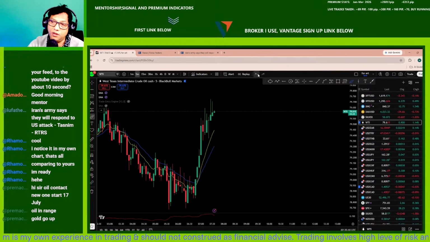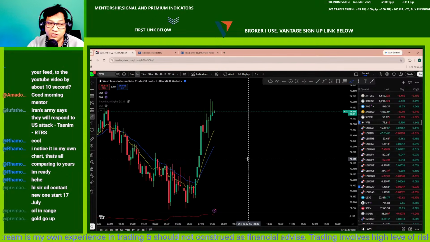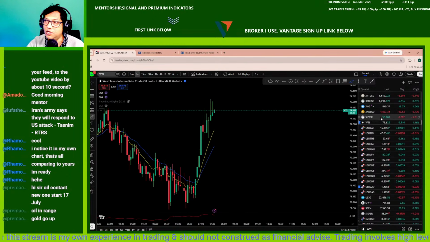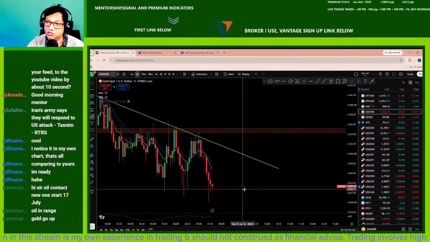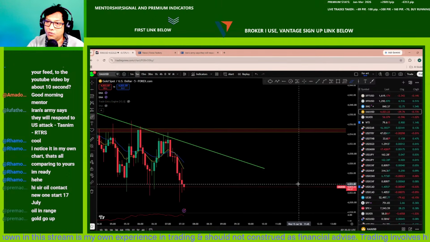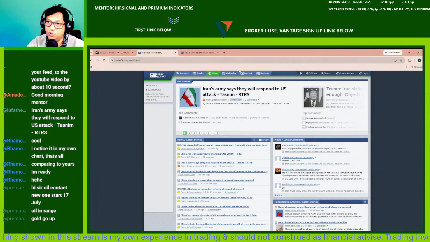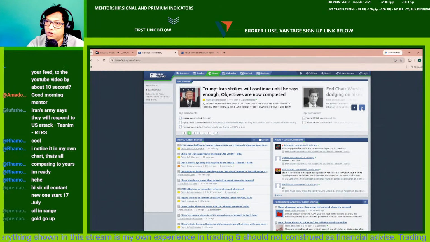And when one instrument responds to high impact news, it also directly influences other instruments as well, such as gold. So on gold, you can see a bearish engulfing has been created. Now the next one is Trump: Iran strikes will continue until he says enough, objectives are now completed. So from both sides, there is significant potential for escalation